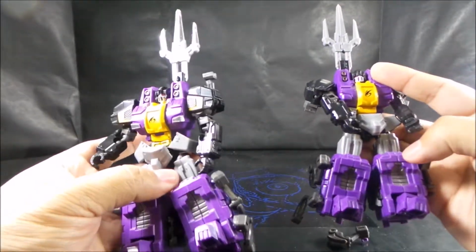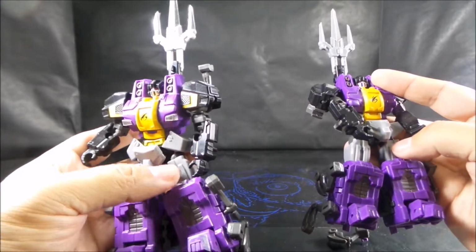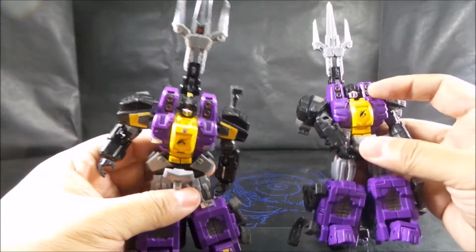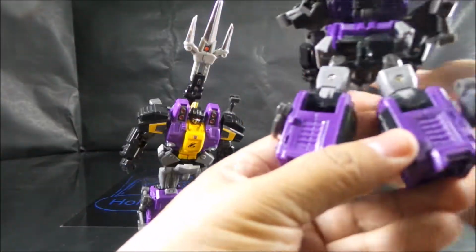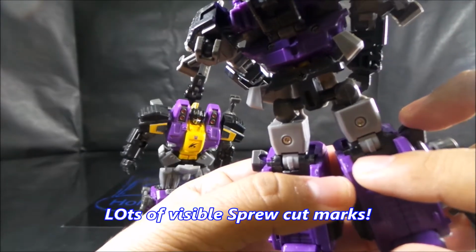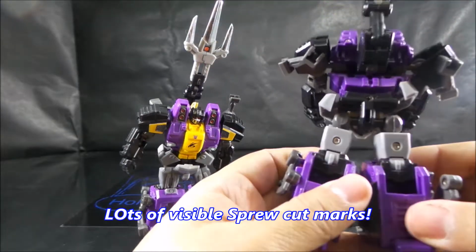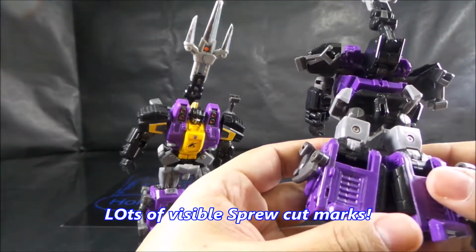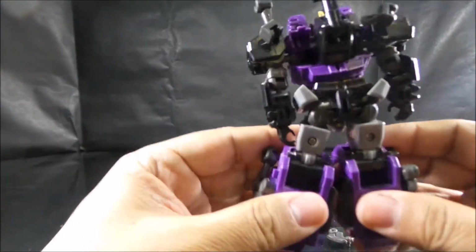I mean, this gray is more visible than this flat gray. It pops more. Pops more is what I'm trying to say. And there's other things. Forgot to say, flashing cuts all over the place from the sprues on the KO. There's some there. There's some there. Where else did I see some? I saw some somewhere else. I just can't remember where. That just aren't there